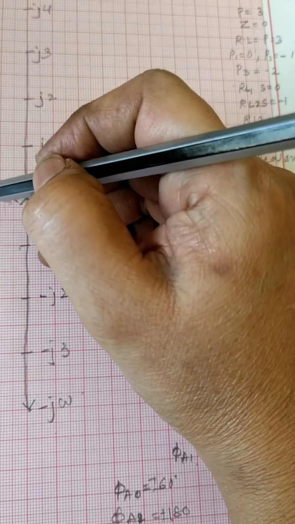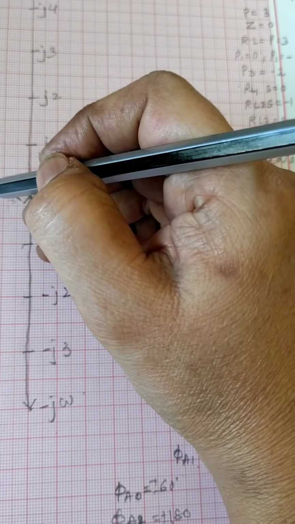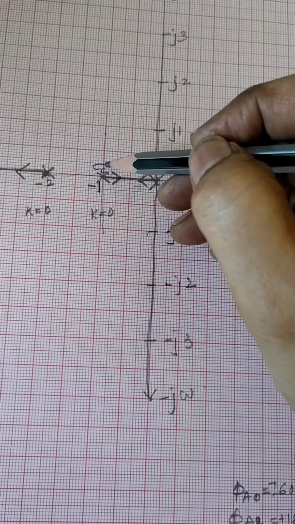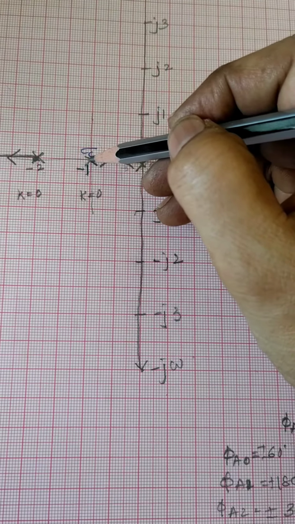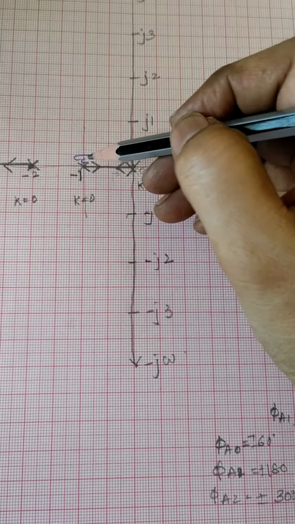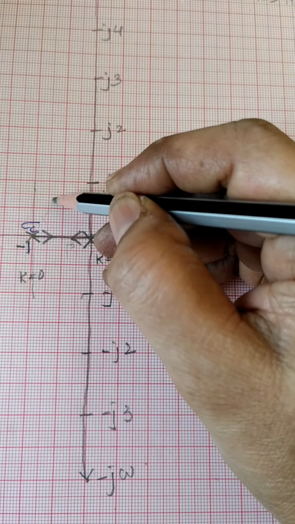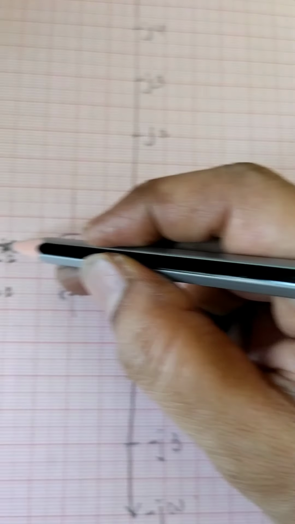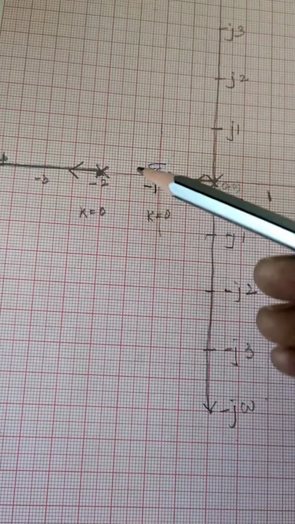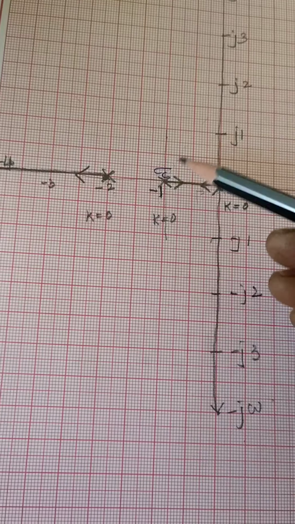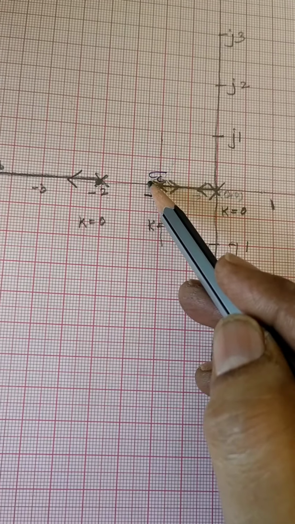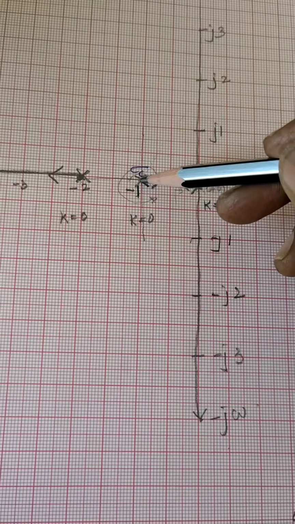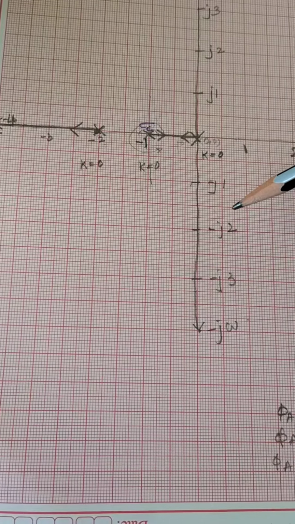So you have to plot. This is your 90 degrees from the centroid, 180 degrees, 0 degrees, plus 90 degrees, minus 90 degrees. If you consider this as the centroid of the asymptotes, you have to take a protractor, measure, and then draw; that will be the 60 degrees line here. Then the 180 degrees line is in this direction. If this is 90, 60 will be somewhere here, and you have to measure 300 degrees. So this will be your 300 degrees line. You have to use a protractor and do that.